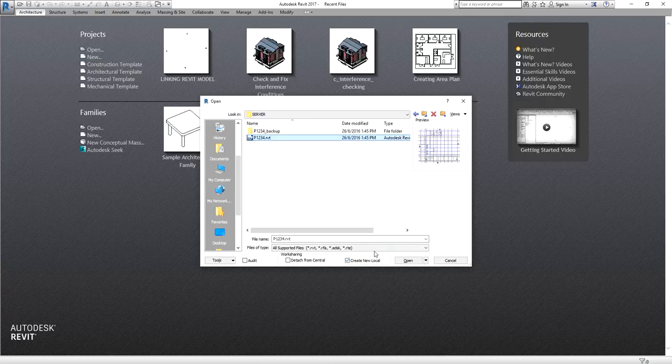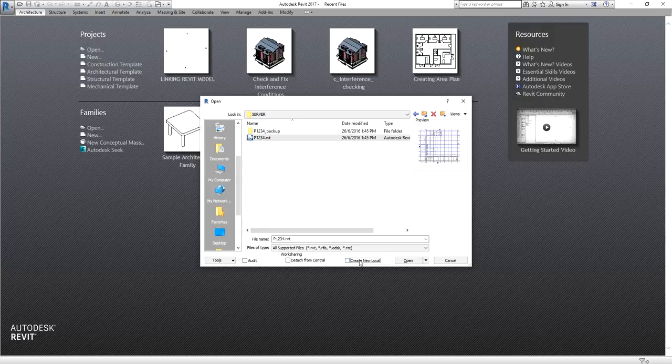But if you notice this is already checked, then you are using the same version. Okay, and make sure this is checked so that you'll be able to create a local copy of the central file. Because if this is unchecked, you will be opening the central file. But if you notice this is disabled, meaning you cannot check or uncheck, like what I said earlier, it means you are not working on the same version of Revit.